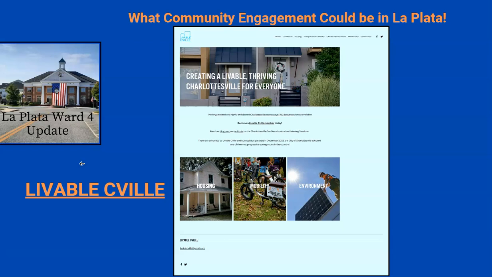And let me quote their mission: We advocate for policies to build an inclusive community in the Charlottesville area with affordable housing, sustainable transportation, and healthy neighborhoods that are welcome to all. And they have work groups that work on specific issues such as housing, transportation, and other related issues. So I think this is an opportunity for La Plata to mimic this kind of civic engagement that this and other communities do. And I will continue to speak out and provide recommendations to the council about how we can get better at this, because it's also on us as well.